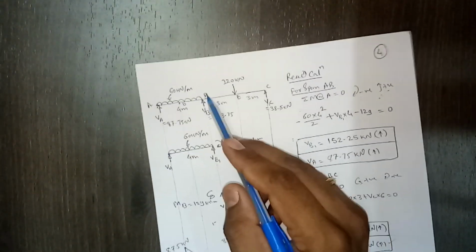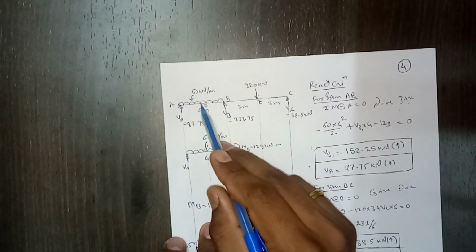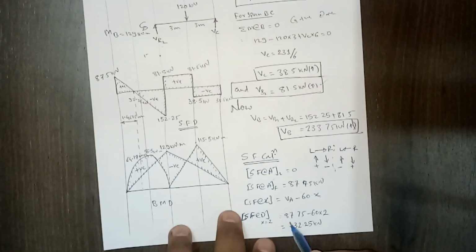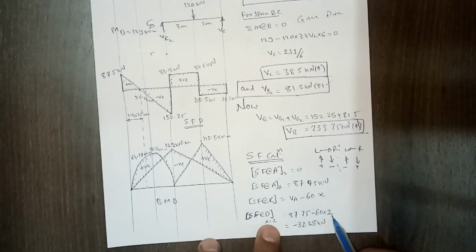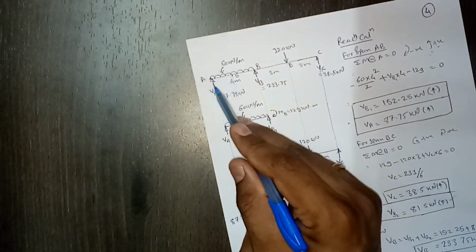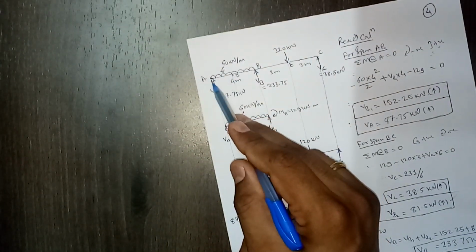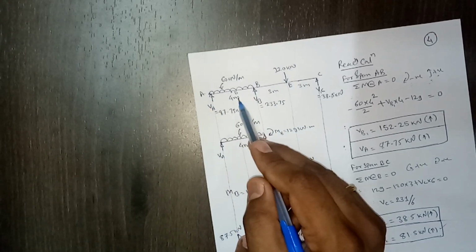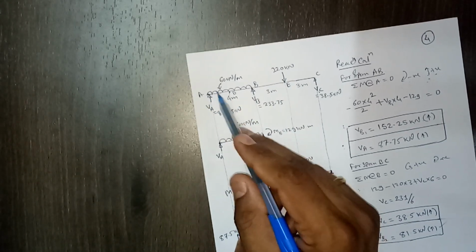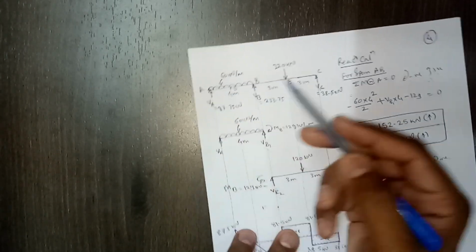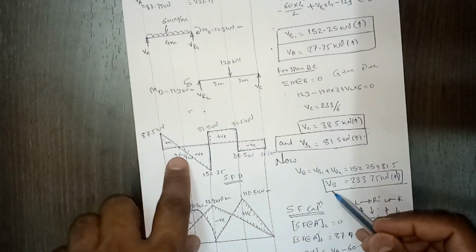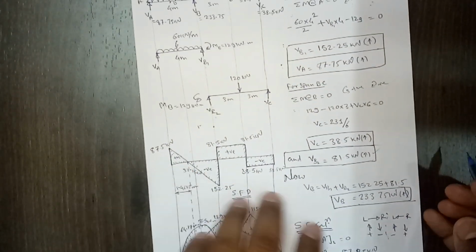Now at point D, the midpoint, I have calculated. At the midpoint you can substitute x equal to 2, and it is minus 32.25. So your point of zero shear must be between A and D. Since at A we are getting positive shear force and at D we are getting negative shear force, it must change sign in between A and D. So we should calculate that location, and that point is called the point of zero shear. Now